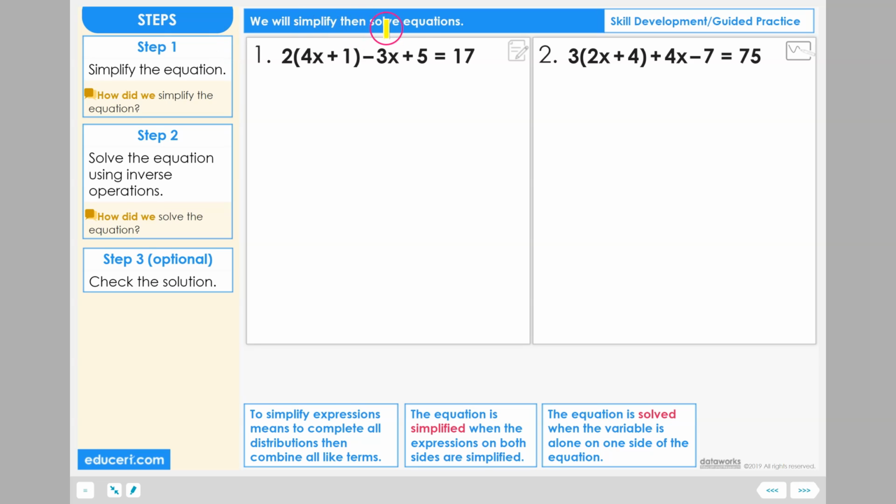Let's simplify, then solve equations. Equation number 1. Step 1. Simplify the equation. So in this equation, taking a look at the equal sign, we see that this side over